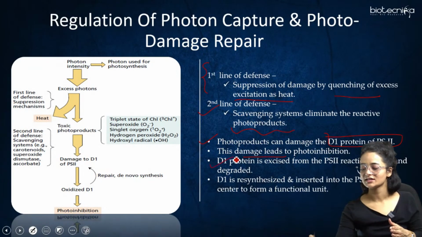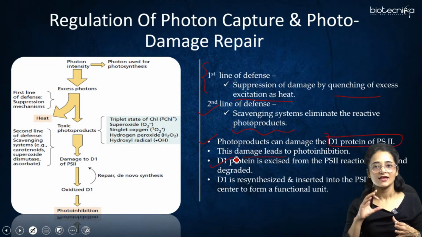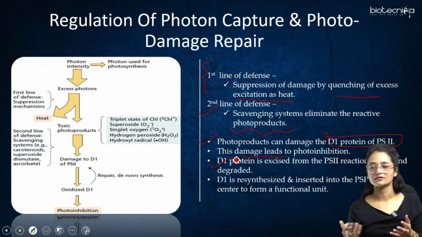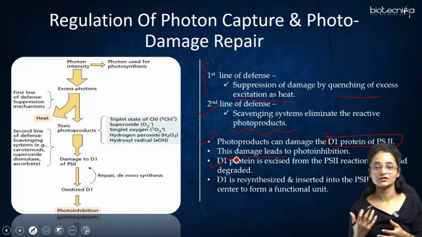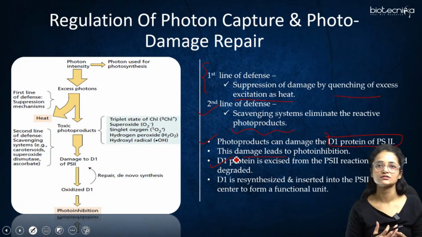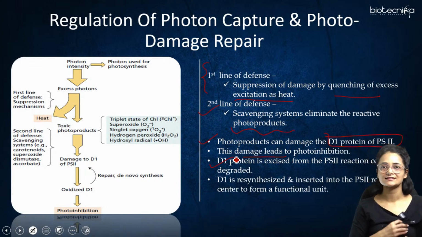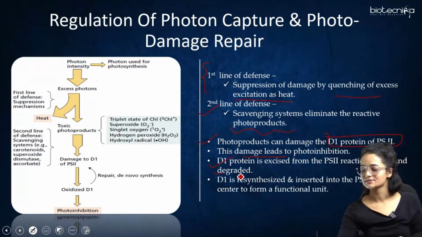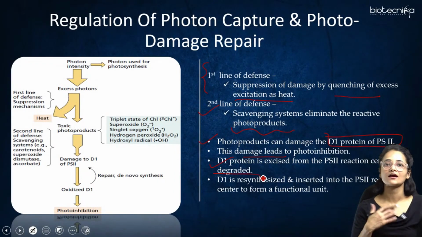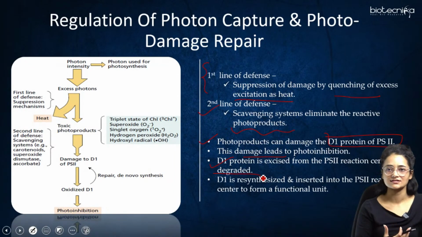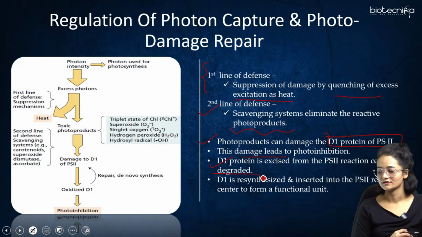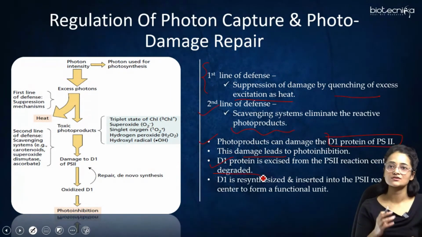Then the D1 protein is excised. If this damage happens, then they have their repair mechanism. How do they repair these chlorophyll molecules? The D1 protein which is damaged is excised out from the PS2 reaction center, and it is degraded, right? And another D1 molecule is synthesized. It is resynthesized and inserted in the PS2 reaction center to form a functional unit,